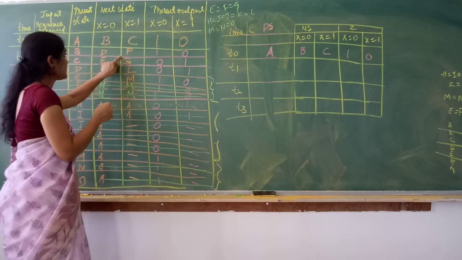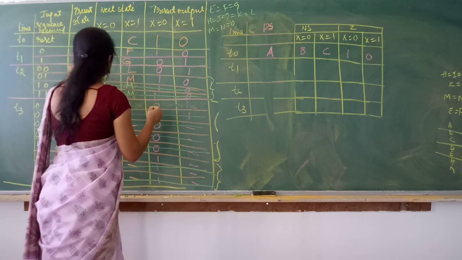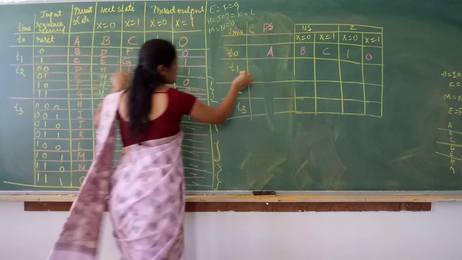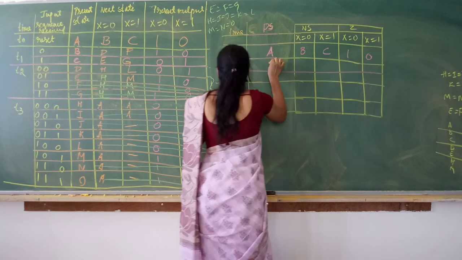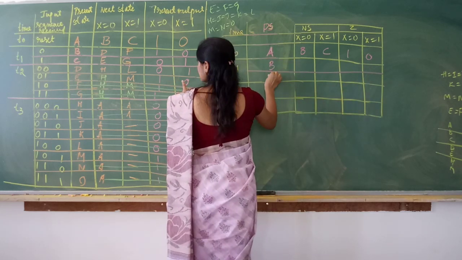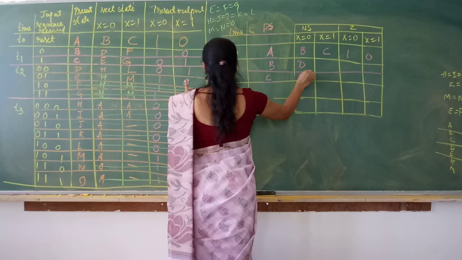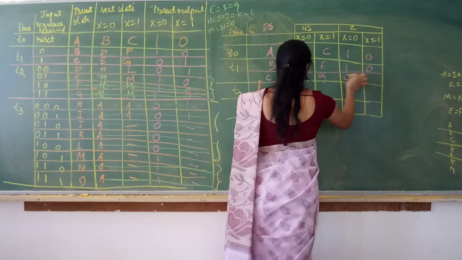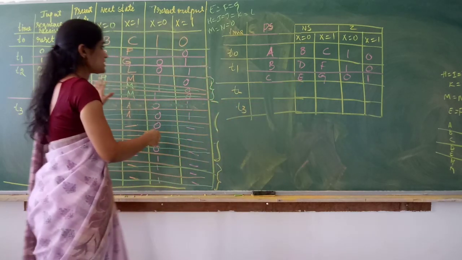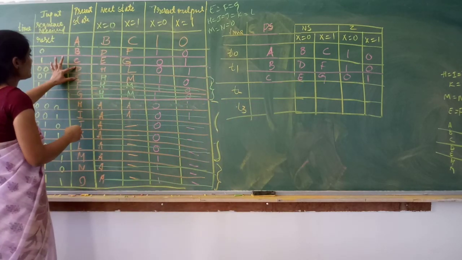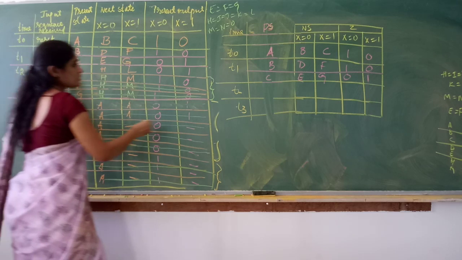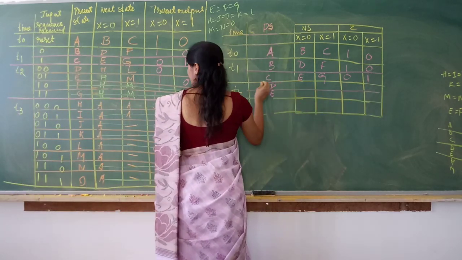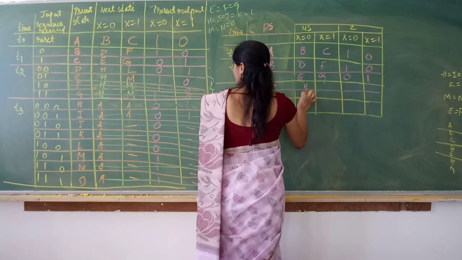Second row also we want, right? We have not eliminated the second row. At time T1, B, C, D, same thing. I am rewriting here; whichever rows I have not eliminated will be retained. At time T2, only DE we have. The other two we have eliminated. At time T2, we have DE, and this is H.